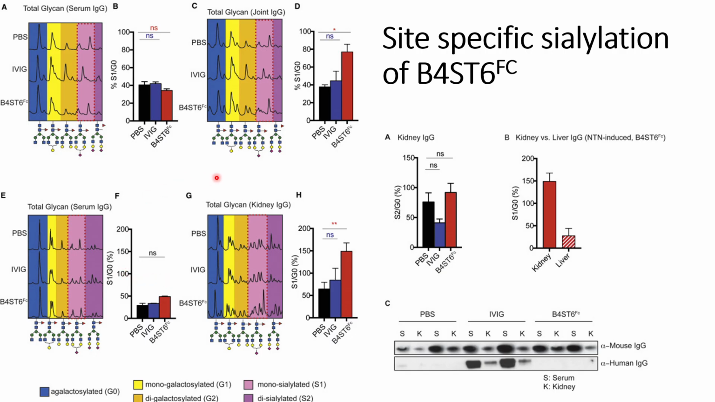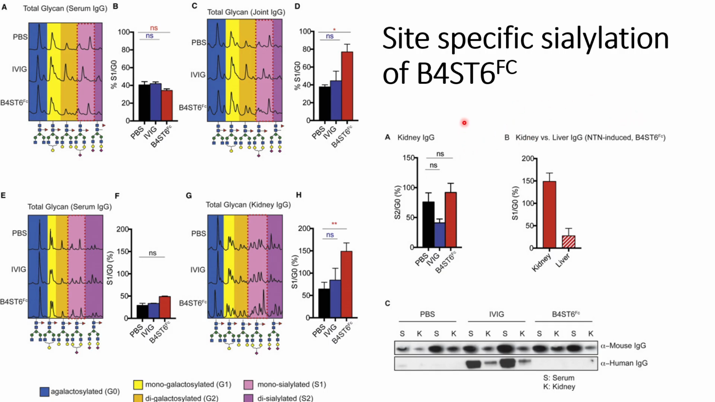However, when they check the glycan structures of the kidney, they can see that there are significant changes in the B4ST6FC mouse models. And similar results are shown in the supplemental figures, where they compare the kidney IgG in the mouse models that are not affected with NTN and the mouse model that is affected with NTN and then treated with